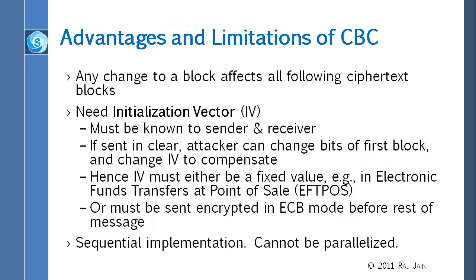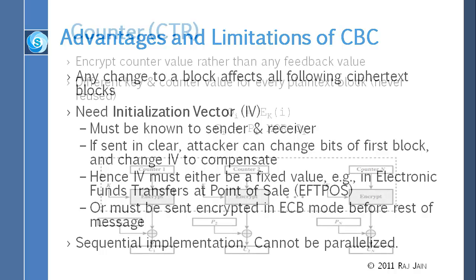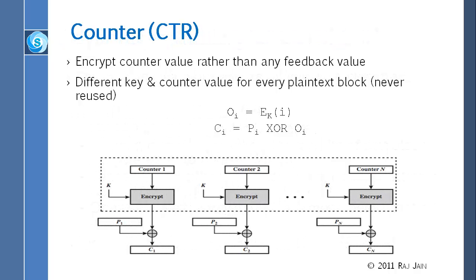And you can do it in parallel, and you can do everything in advance, and it is good for high-speed links. Then it is also good for random access to blocks. So suppose you don't need C1, and you don't need P1 at the receiver, and you just need P2. For example, you have encrypted a disk, and you don't want to read the whole file, you just want to read the fifth block of the file.